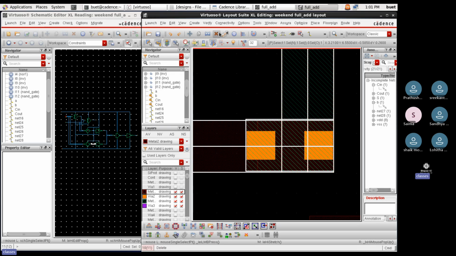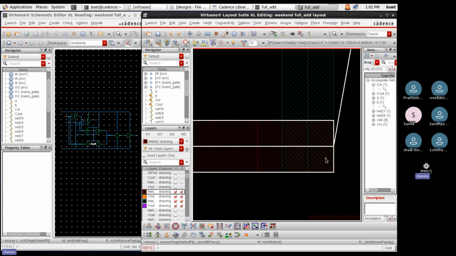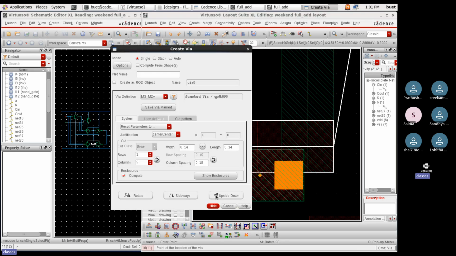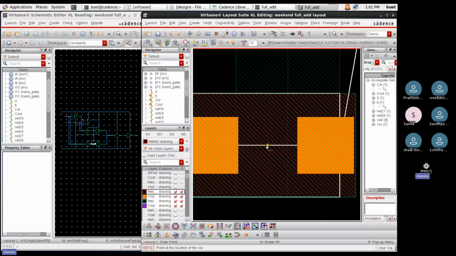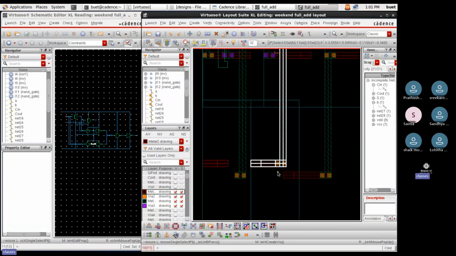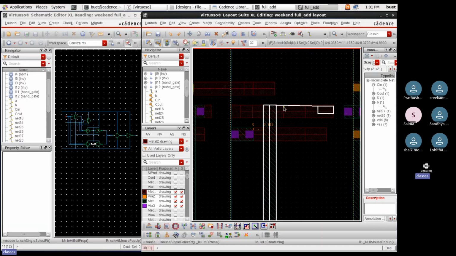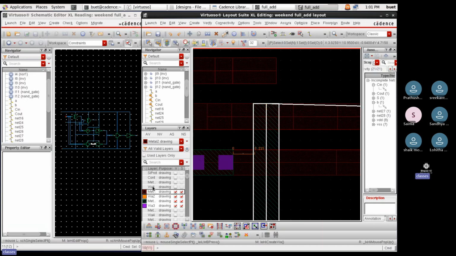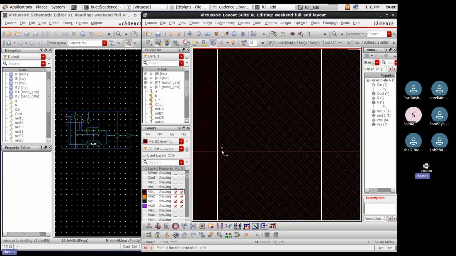Okay. Let me delete it. I don't need this one. I will just simply take another one and I will align it like this. Okay, now this should go fine. Okay, and now here again draw a M2 metal and you can just